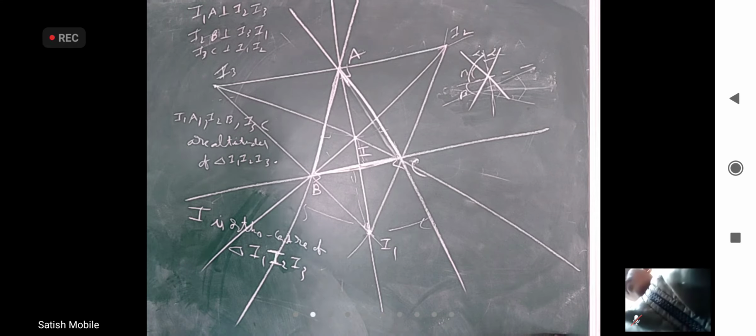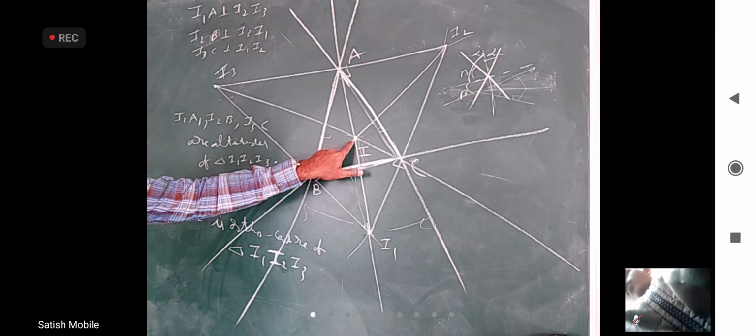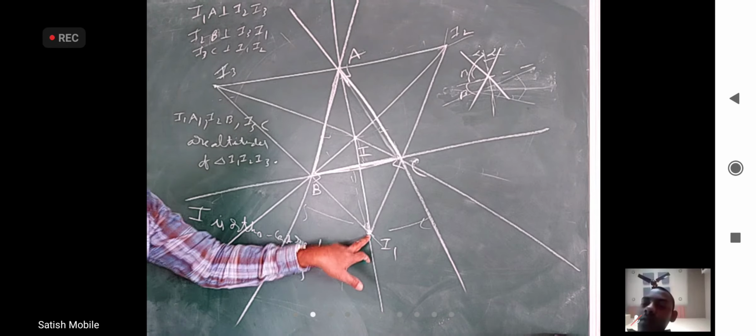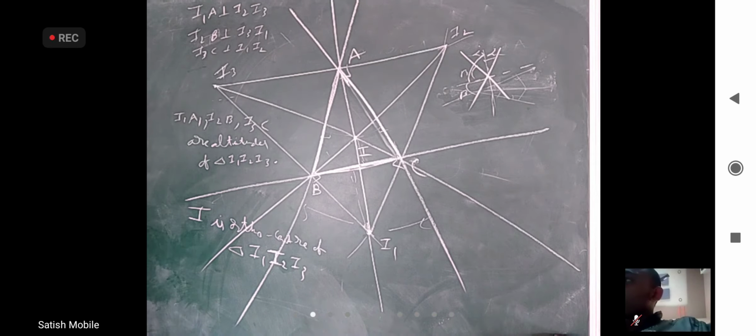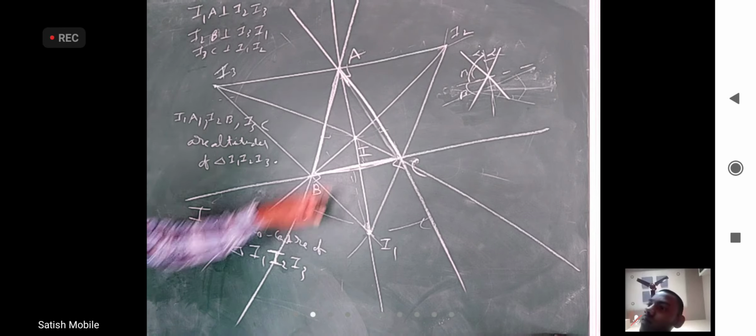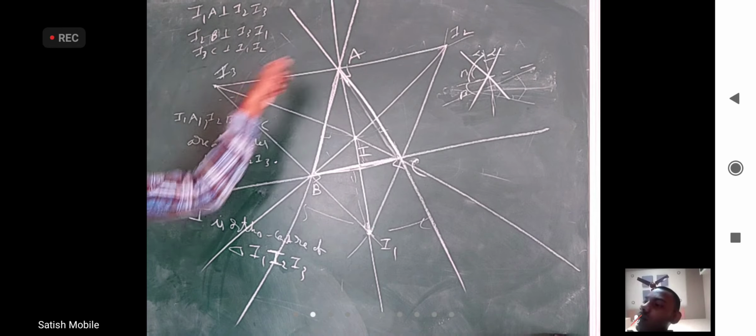Okay. So you have to draw this figure carefully. Make sure that they are concurrent. Make sure that they are perpendicular. Even they are concurrent here and all. So draw this figure properly and write this point, this point, this point. Okay, I hope everybody is clear why incenter of triangle ABC is orthocenter of the big triangle.